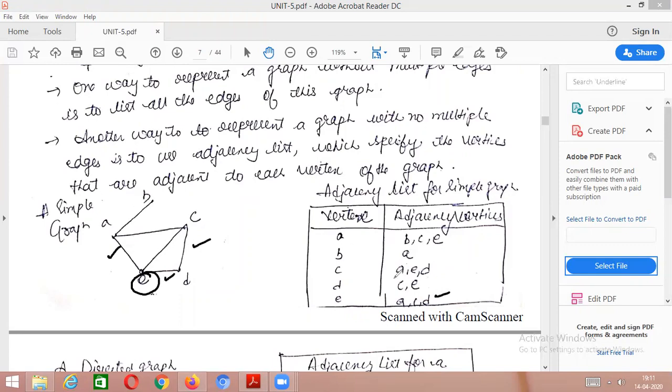So if two vertices are joined with a single edge, then those vertices are called adjacent to each other. A is adjacent to B, B is adjacent to A. For example, in this diagram, B is adjacent to A, but B is not adjacent to E. Why? Because there are two edges. Two edges means it is not adjacent. Only a single edge between two vertices. So next,